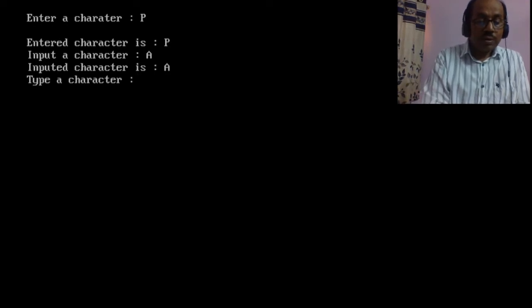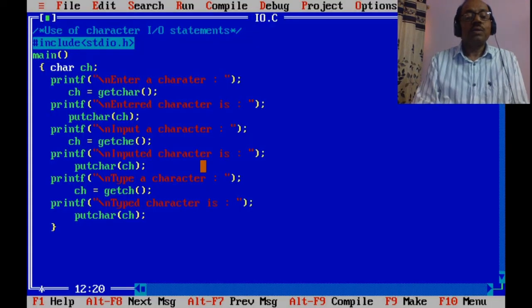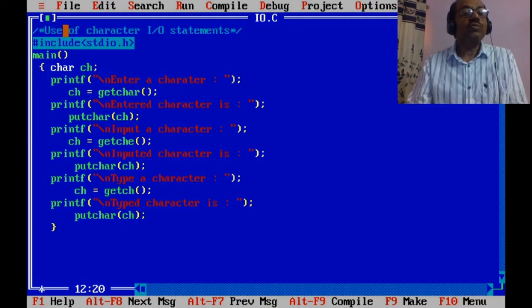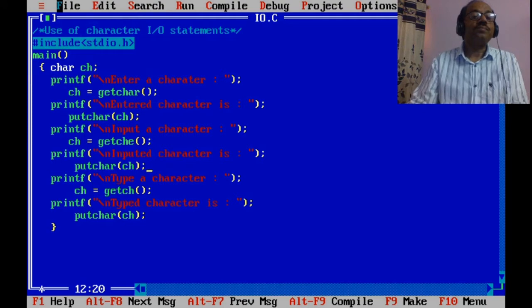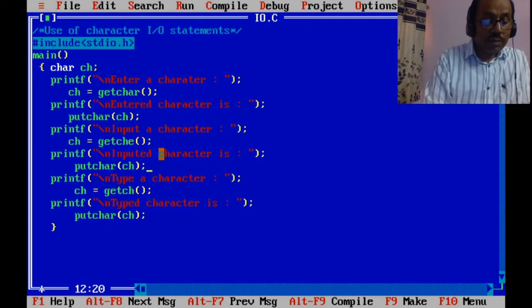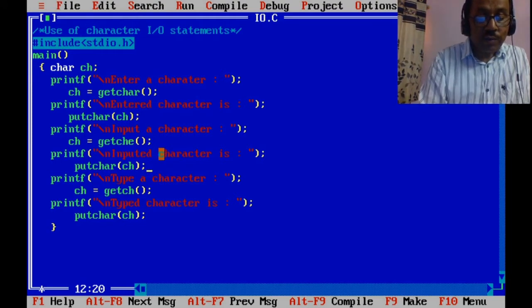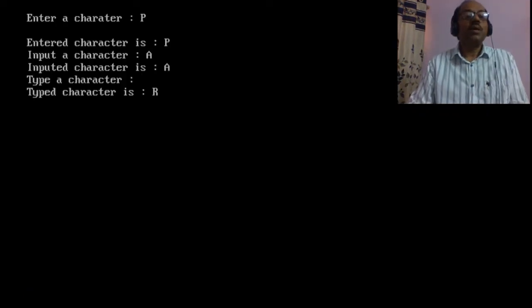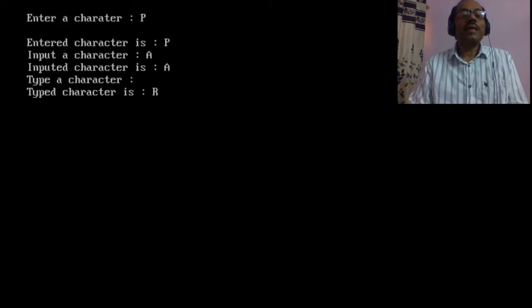I am using the R. It just went away, and we are going to see the result of the run. To see the result, we press Alt F5. Here you will see. In the first case, enter a character, that is P, and P is also displayed.